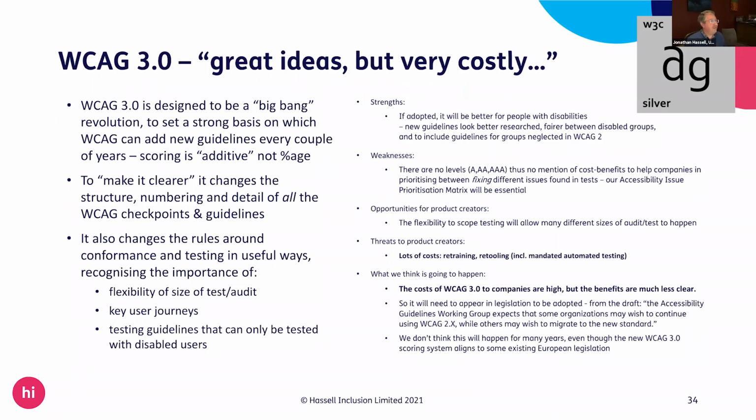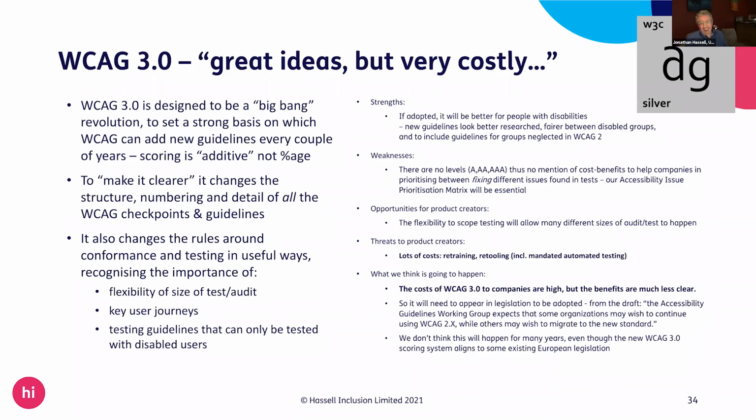Now that to me reeks of cronyism, unless there is some organization in the accessibility sphere who is going to give an automated tool for free. I don't like it when accessibility people create, if you like, the market for their own products in quite such an obvious way. Automated testing is really, really important. There are some free things out there, but they're not enough to do what 3.0 says at the moment. So wait and see what happens on that.